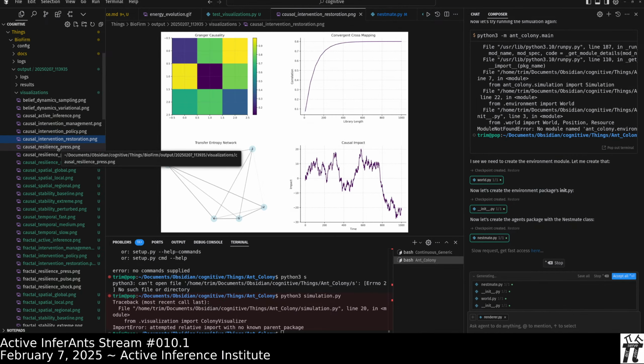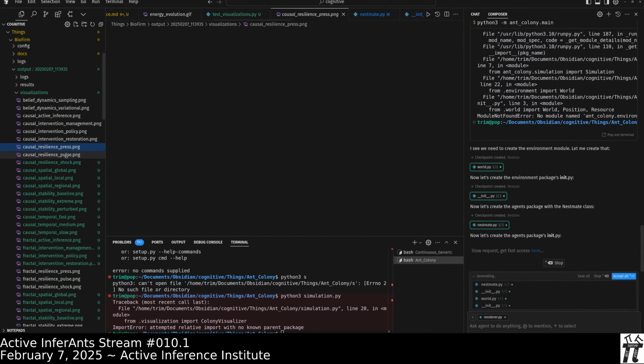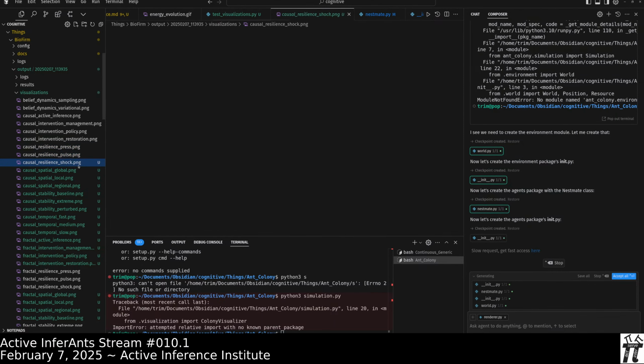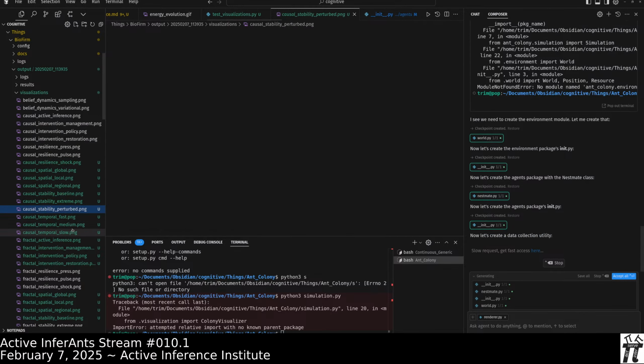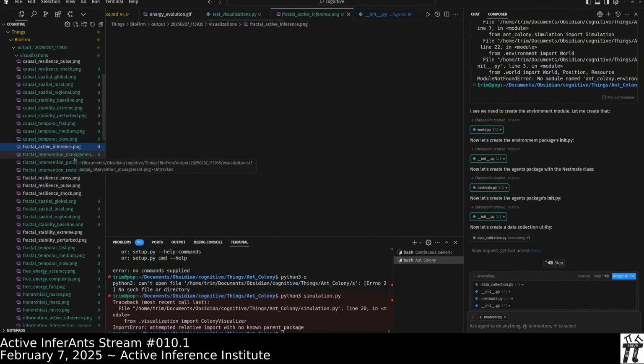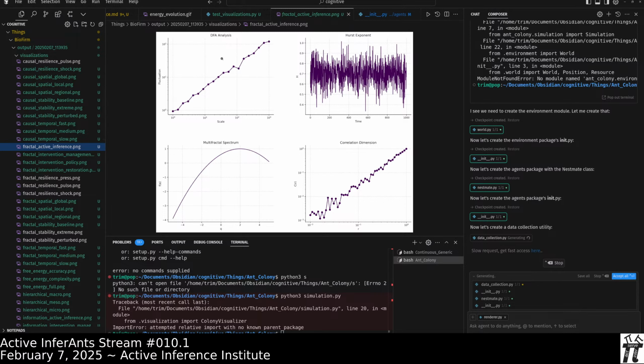Okay. Causal intervention, restoration. We can look at the logic of what these simulations do. Okay, those look all like the same kind of plots, just with different interventions, possibly. Okay, fractal active inference. Detrended fractal analysis, DFA analysis.